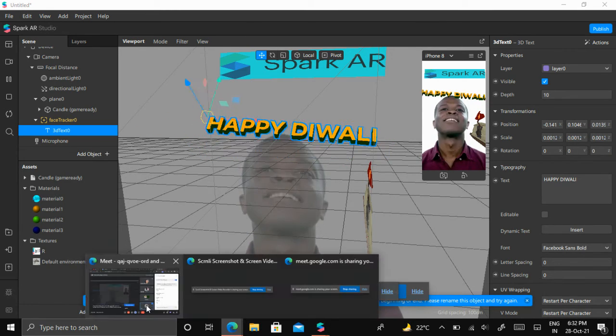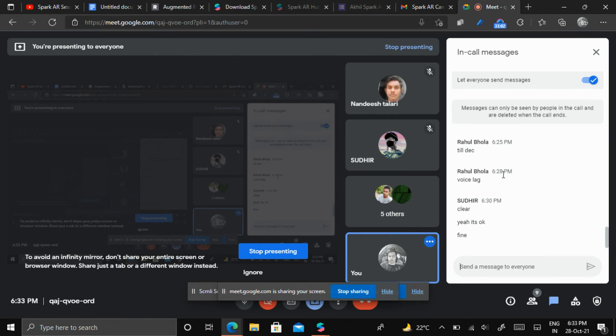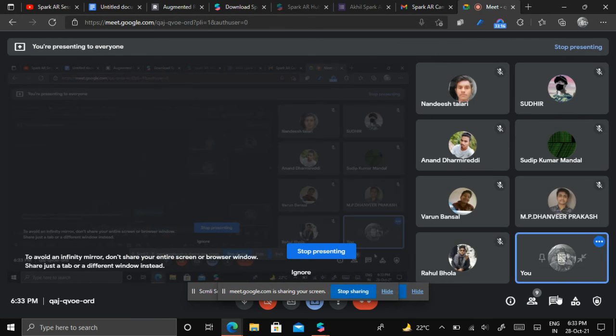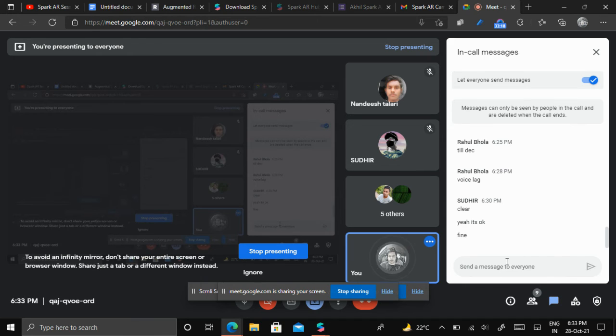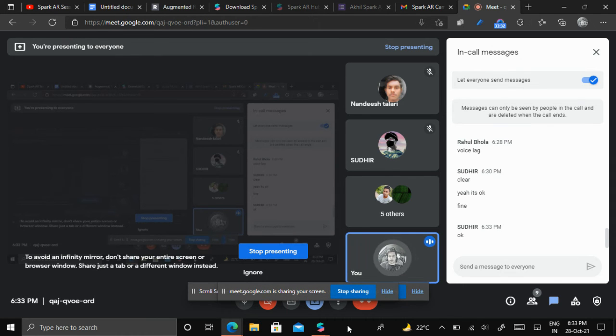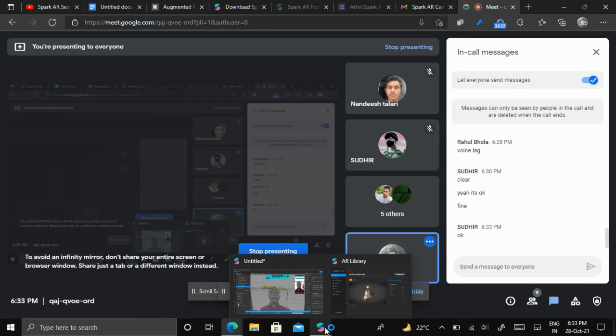Okay. Any doubt? Any doubt till now? Is it okay till now? I'm hoping so. Can anyone text right now? Any doubt till now? You can ask regarding face tracker, how to change the materials, how to add materials, how to change the color of the materials. I will explain one more time. There is nothing like that.